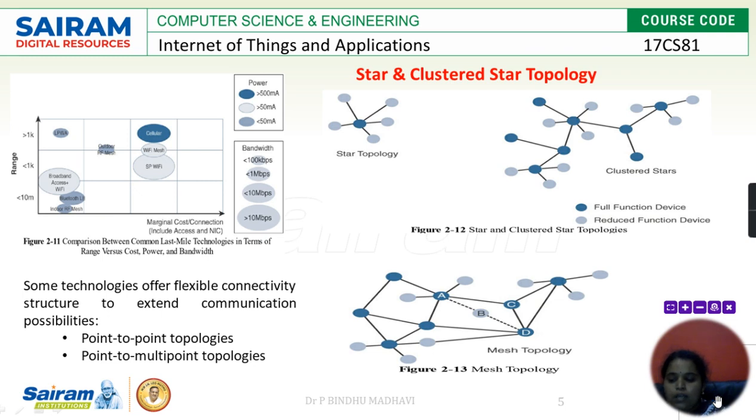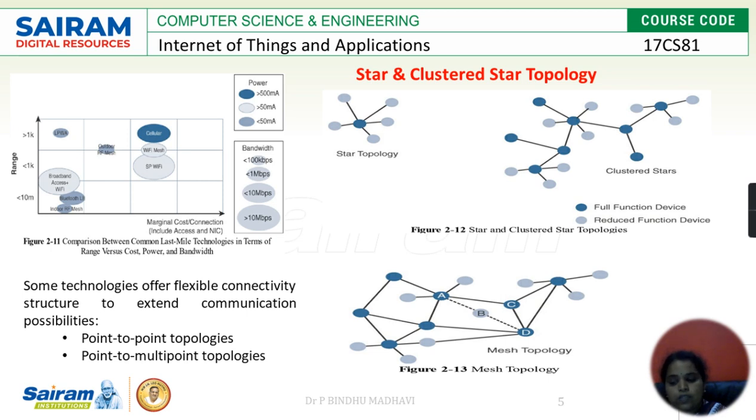Point to point means a direct link will be there between the two devices. In the same manner, in bus topology, if you can see, there is a single cable to which all the nodes are connected. In the same manner, in ring topology, within a ring network, all the devices are connected with the neighboring devices. And I hope I explained what star topology is. All the devices are connected to a hub.